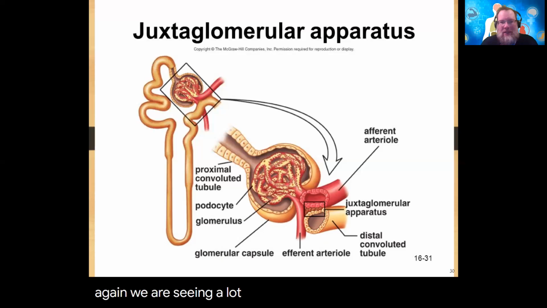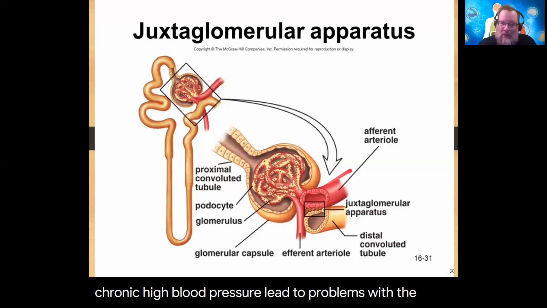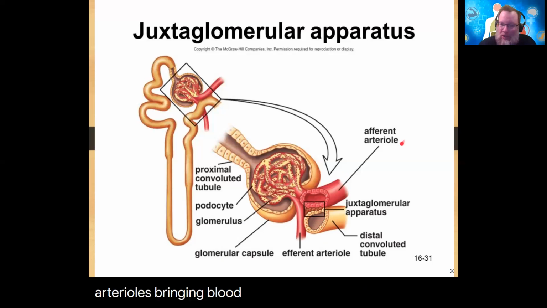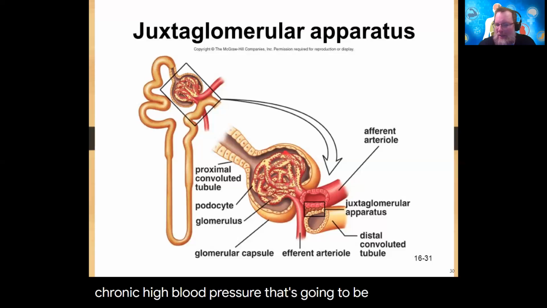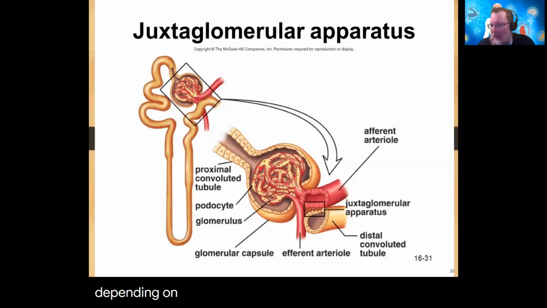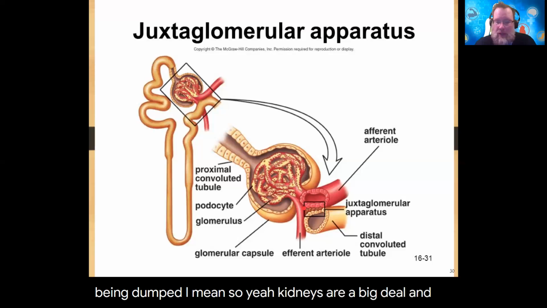Again, we are seeing a lot more kidney disease and kidney disorders in the U.S. We see usually hypertension and chronic high blood pressure lead to problems with the glomerulus and with the kidney, as this afferent arteriole is bringing blood in. If I have chronic high blood pressure, that's going to be putting strain on these walls of the glomerulus. Depending on the level of stress and how long it's been going on, we can even start to see some of these fenestrations, or these little windows or pores, get larger. And next thing you know, we're seeing glucose eliminated, we're seeing albumin, plasma proteins, and immunoglobulins being dumped. I mean, kidneys are a big deal, and so if they're not functioning,